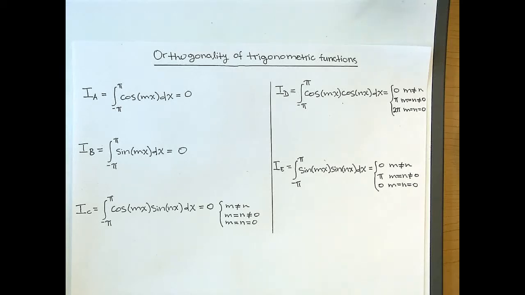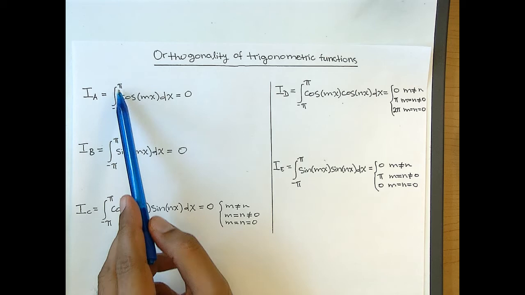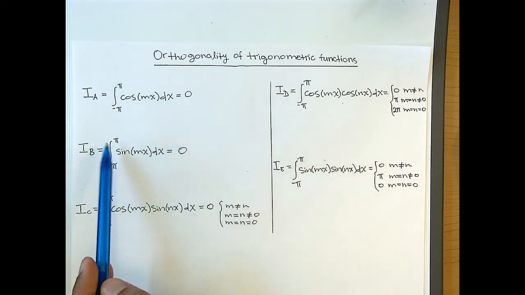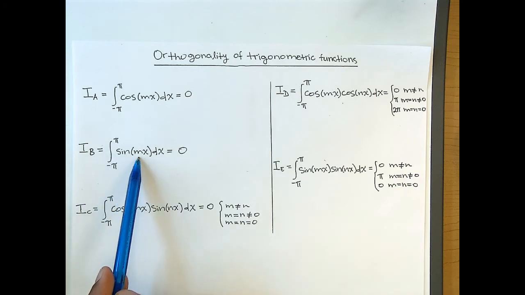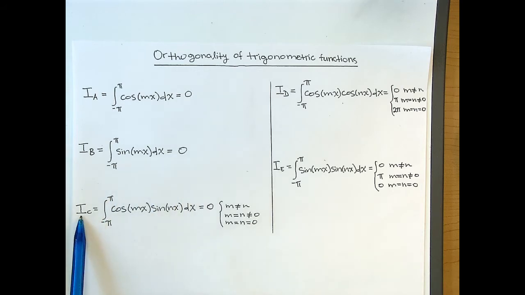Okay, so in this video I want to prove the following five integrals, namely that the integral from negative pi to pi of the cosine of mx dx is equal to 0. Okay, the integral from negative pi to pi of sine of mx dx, that's also equal to 0. The integral from negative pi to pi of the cosine of mx sine of nx dx, that is equal to